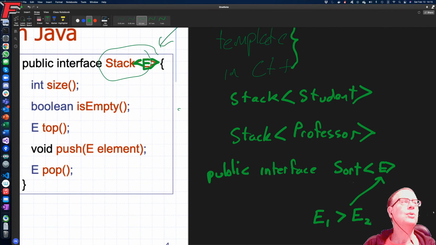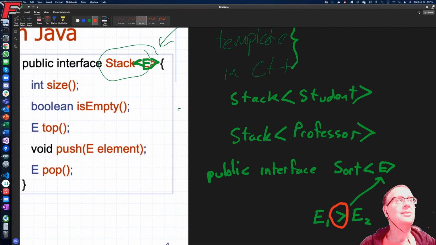Otherwise, we have no way of sorting it. Okay? So that's a thing, particularly for some algorithms like sorting or finding the maximum. For finding a maximum, you also need to have a comparison operator, right? So you need to have this comparison operator